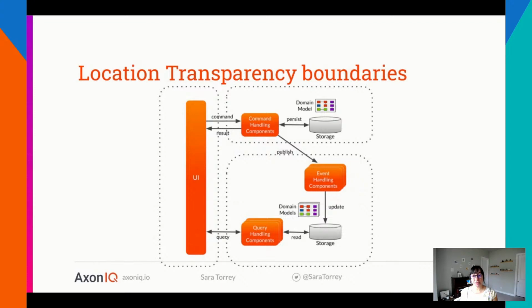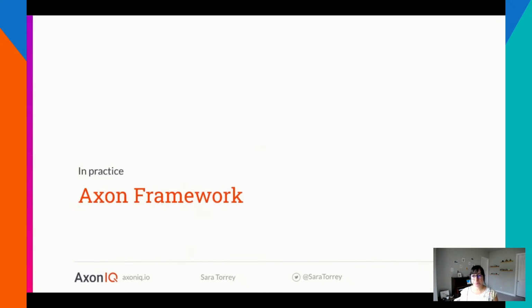And the message buses are the means to just send messages without knowing what piece of application is actually going to deal with this message. That kind of goes back again to the location transparency notion. And we do have some great blogs on this as well, again, on our website, if you'd like to check those out. Now, let's look at some more Axon Framework specifics.